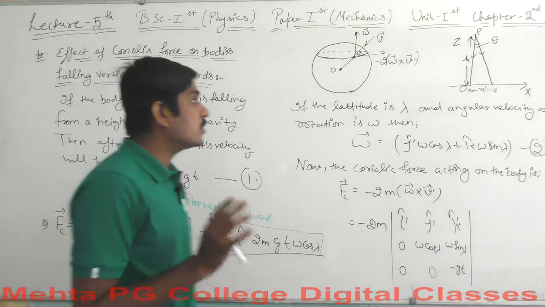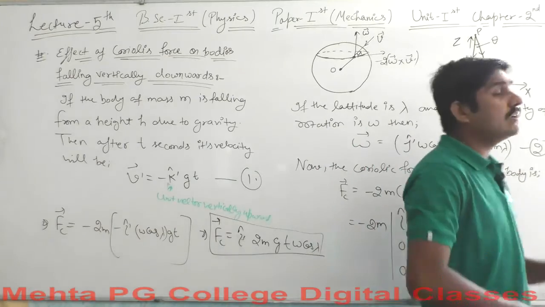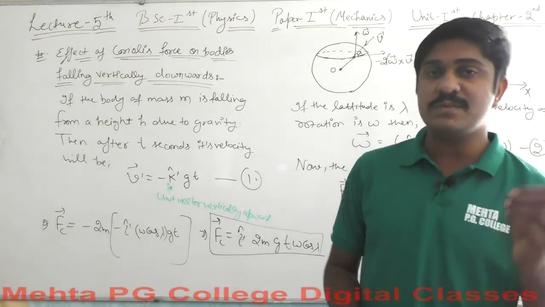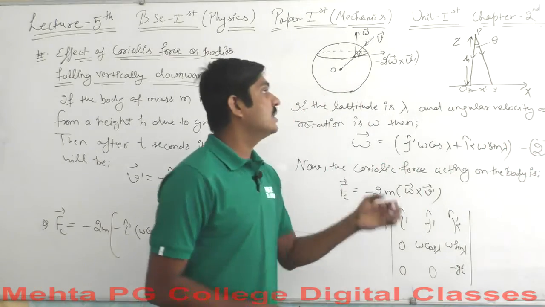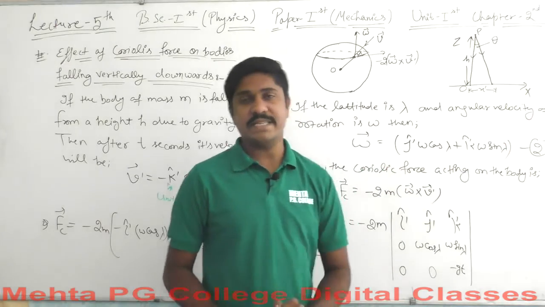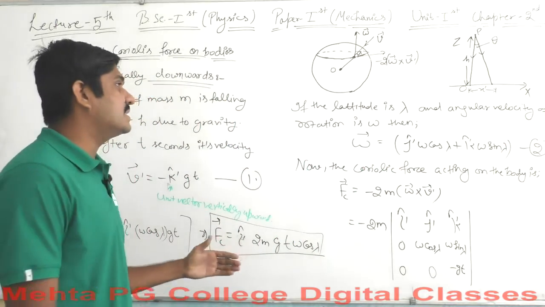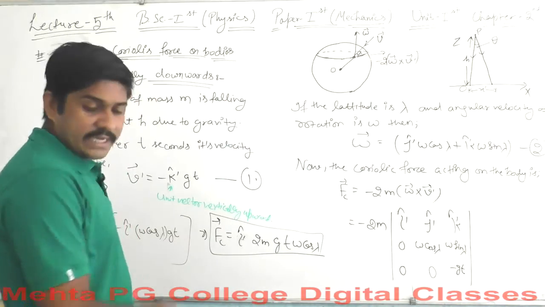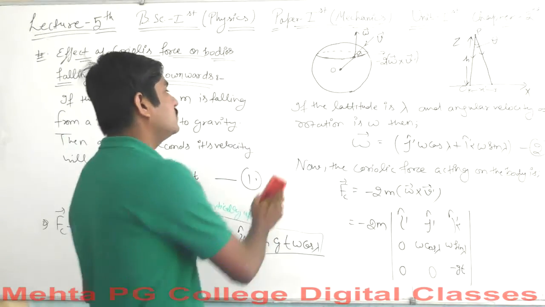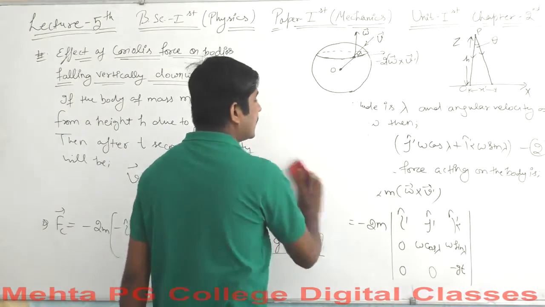Now you got one thing here, that the particle or the body that falls from a height h will get a displacement towards the x direction. So let's find out how much the displacement will be here. I need a workspace, so I think we do not need this any longer.